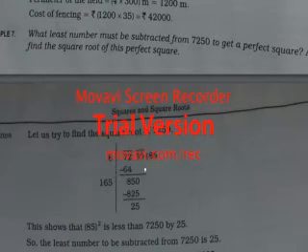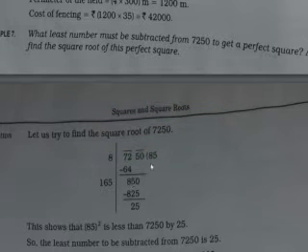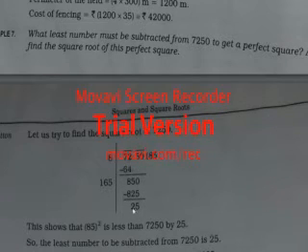You can see over here that 7250 has been paired, and 2 periods have been made. Now 8 8s are 64 has been written, and while subtracting, 8 came down, and 8 2s are 16, double of 8 is 16. Now 50, the next period, comes. So when we keep 5, it becomes 5 5s are 25, carry 2, and 5 6s are 30, and 2 is 32, and 5 1s are 5 and 3 is 8. So 825.